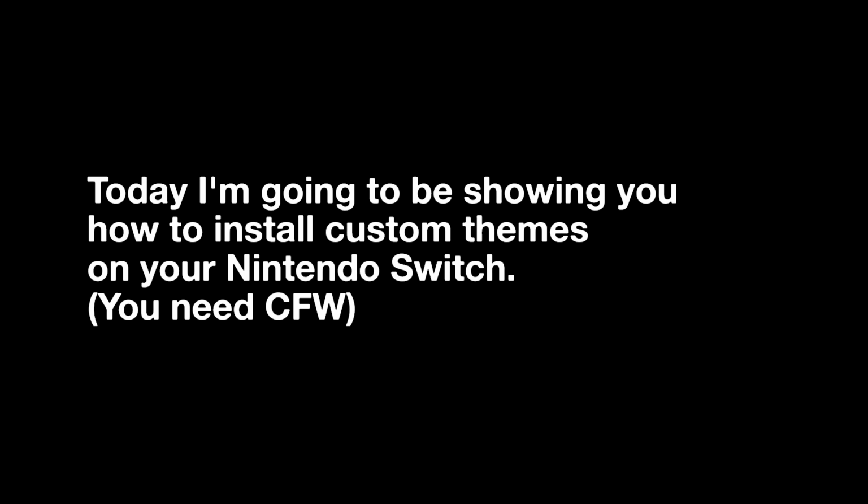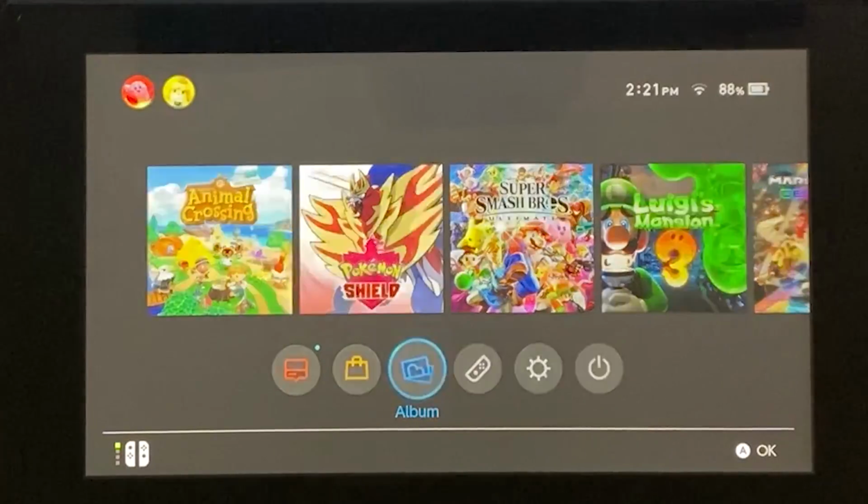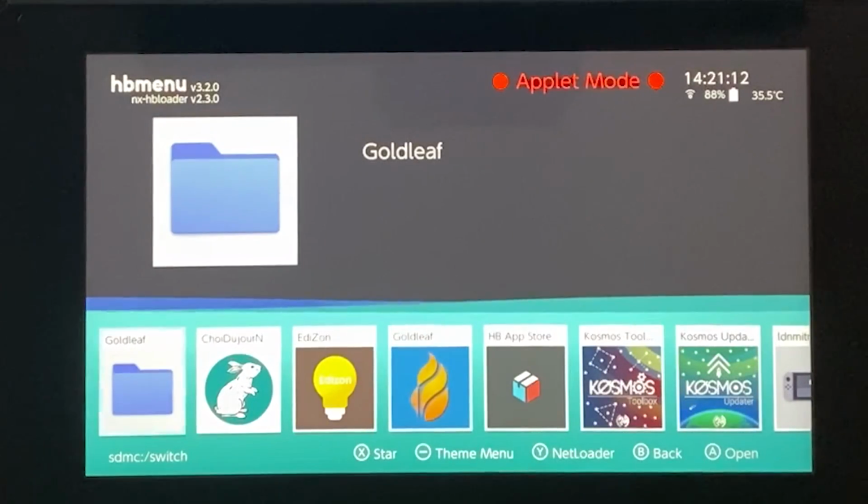Hey guys, today I'm going to be showing you how to install custom themes on your Nintendo Switch. Let's get started. So what you're going to want to do is go to your Switch menu, your homebrew menu,